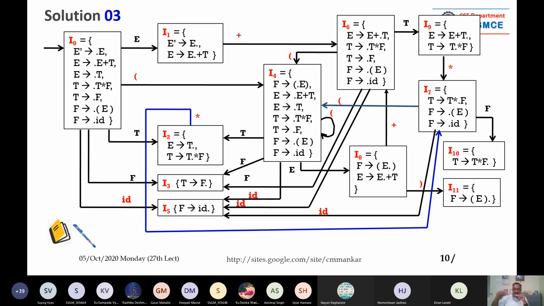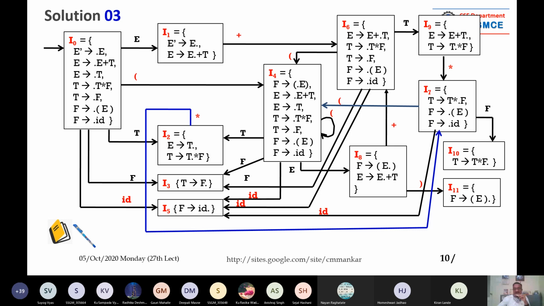So you have to collect all the T production rules. But when you collect the T production rules, you have to put the dot in front of the RHS. Every time you have to put the dot in front of the RHS. When you do the transition, you only shift the position of the dot. But when you collect the items from the original set, you always put the dot in the beginning of the right-hand side of the corresponding production rule.